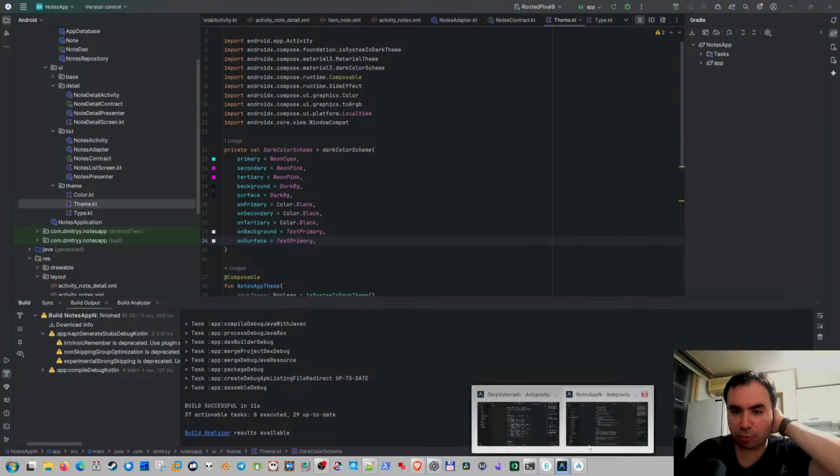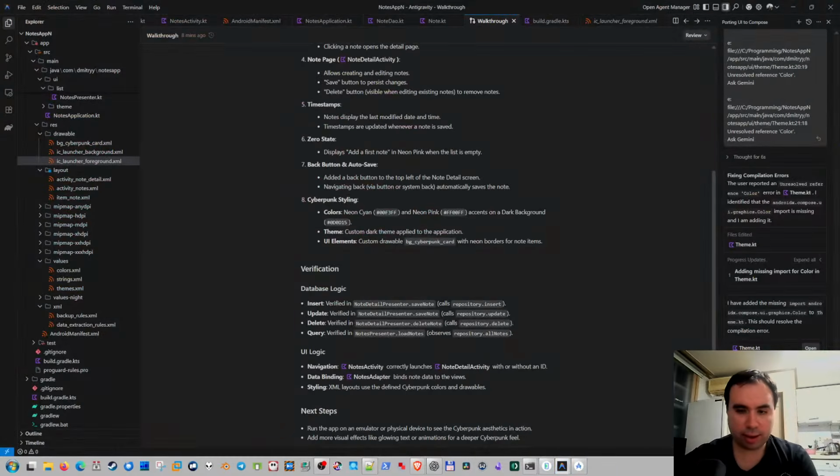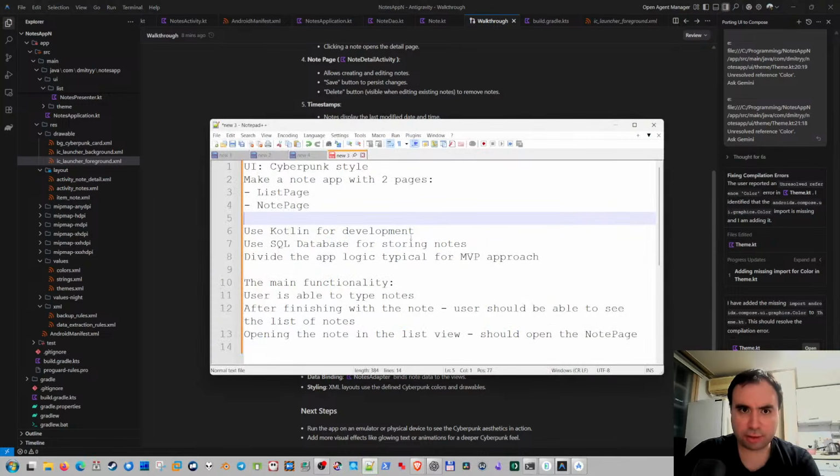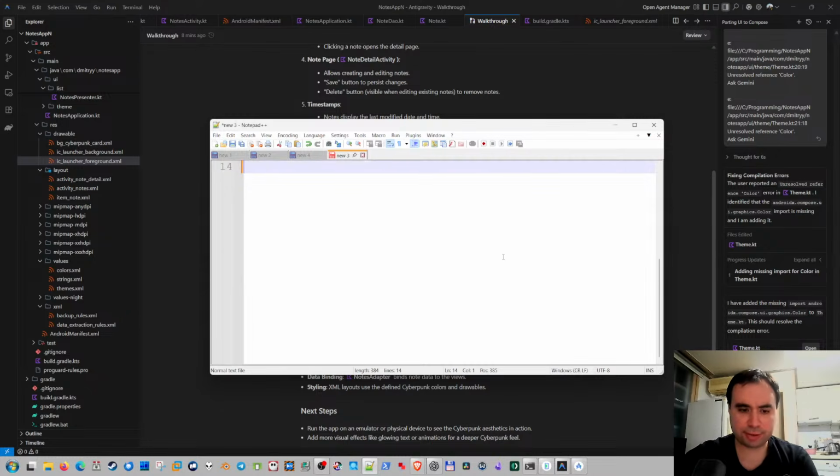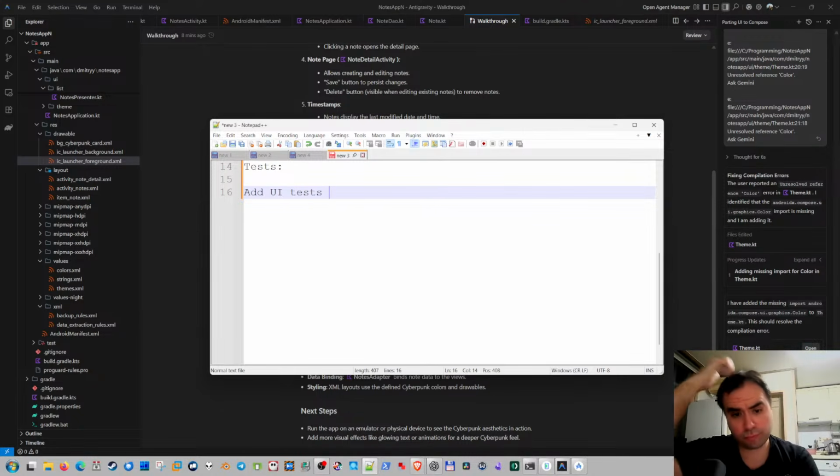Let's think more about tests. Let's add the Jetpack. Let's actually think through tests. Add UI tests using Jetpack Compose UI. Those tests will include